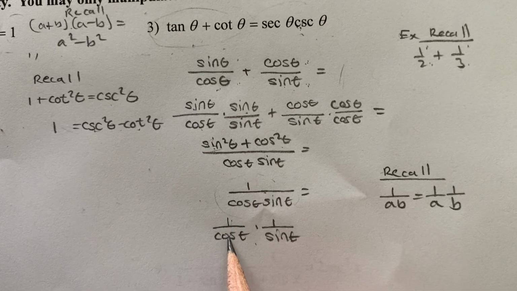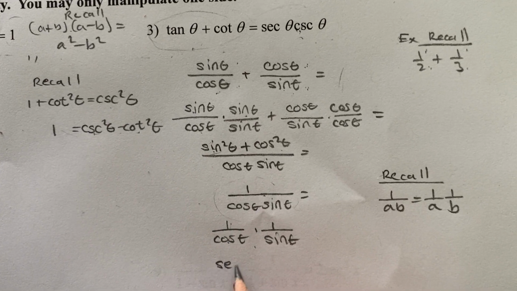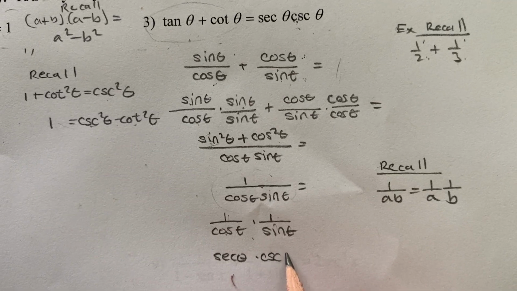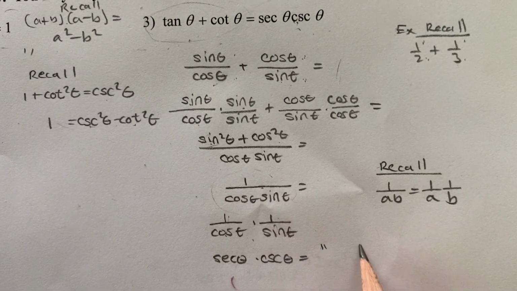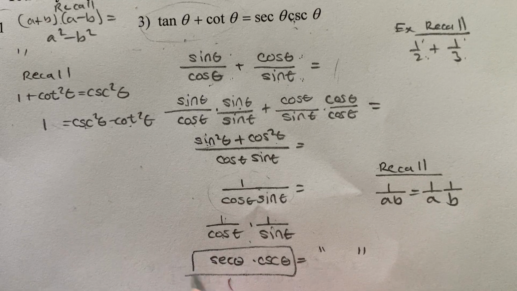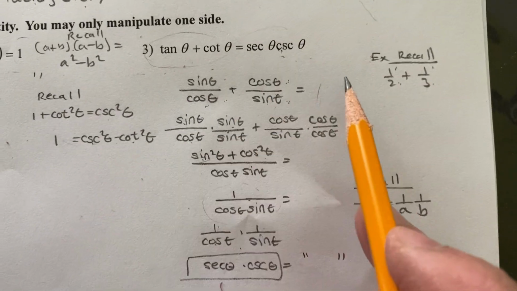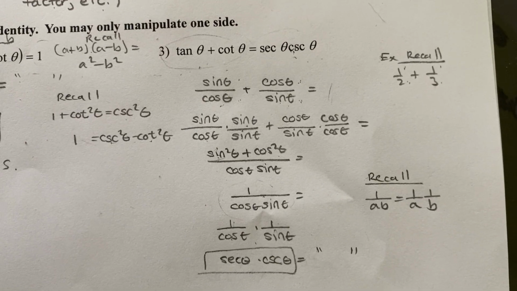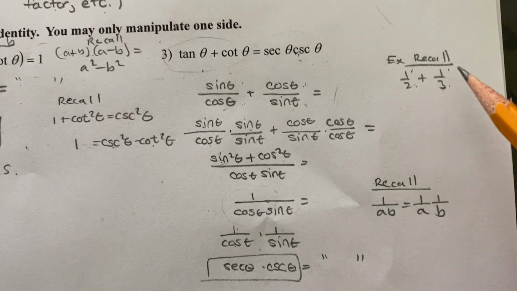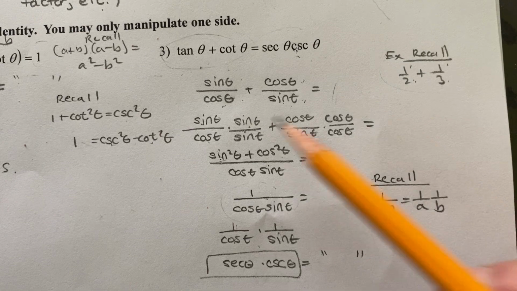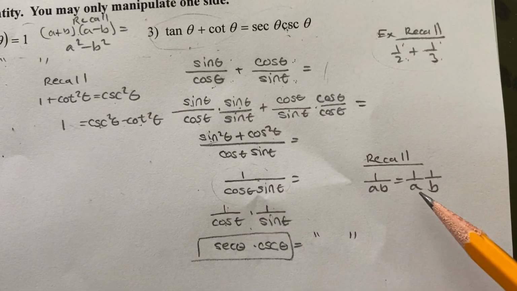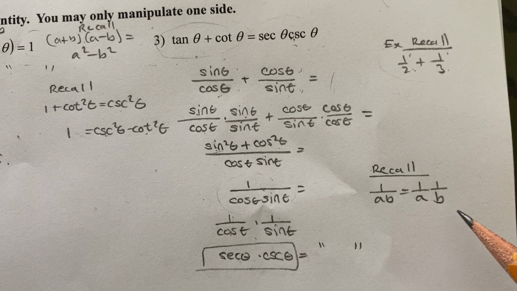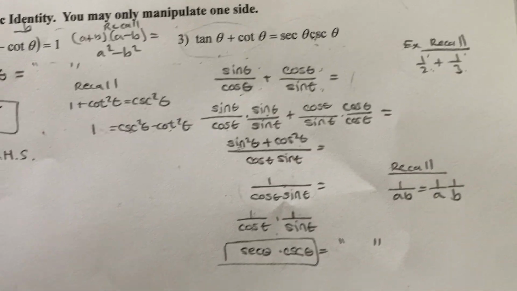Now, what's 1 over cosine, you ask yourself? Well, that's secant theta. What's 1 over sine theta? That's cosecant theta. And you are done. Left-hand side is equal to the right-hand side. You verified this trig identity. Okay, so notice all the algebra skills, right? I have to know how to add fractions. I have to know how to split up fractions in a way that does not violate any algebraic rules. Okay. All right, so moving on to